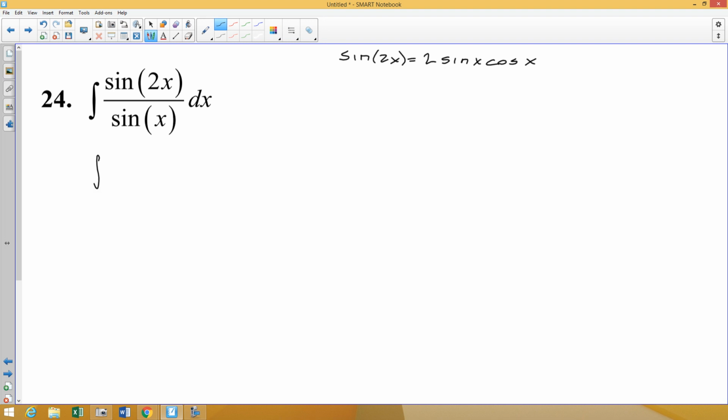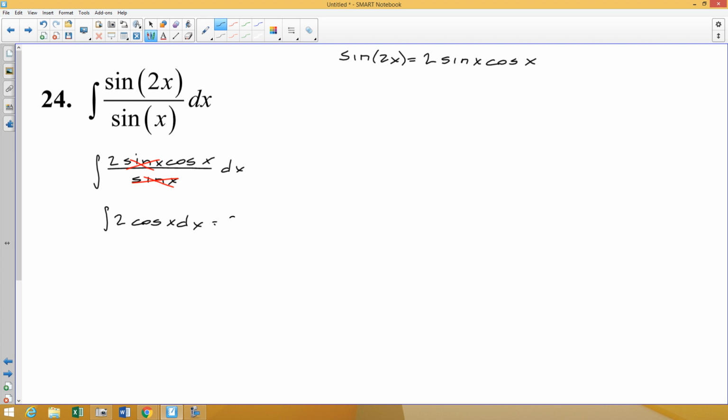So if you make that change using just good old-fashioned algebra 2 and trig, trig identities. So 2 sine cosine, I replace my sine 2x with that, put that over sine x, and what happens here? The sines cancel, and we're left with only the antiderivative of 2 cosine x,